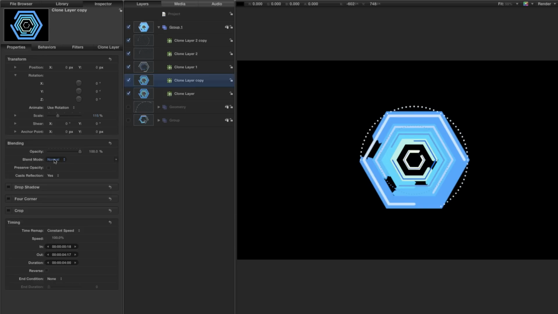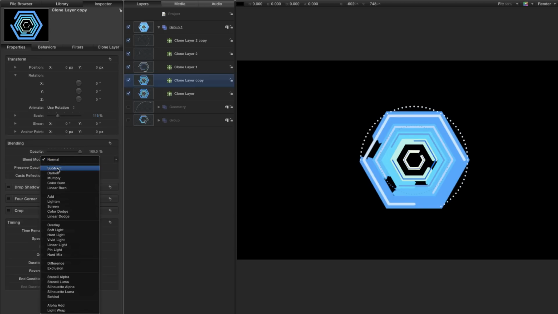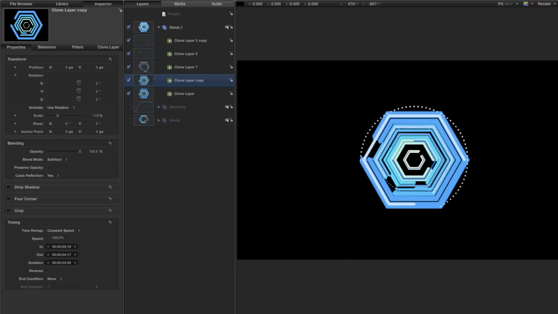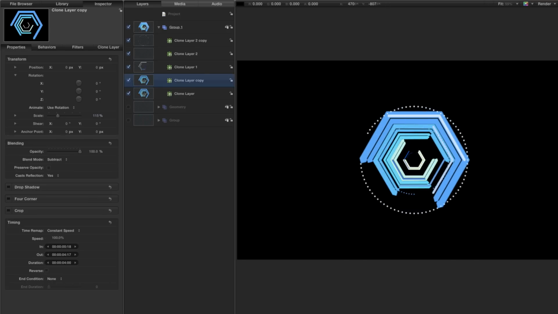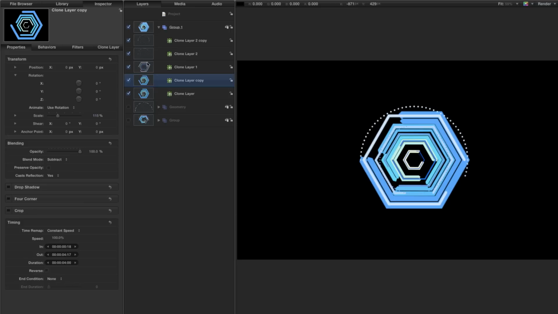Something like 115, 114, there we go. And I'm going to experiment with its blend mode. So I'm going to have a look at what subtract gives me. And that's kind of already quite interesting. I've added a lot of extra detail using that new blend mode. And I could again flop it on Y by entering a value of 180, so we get even more interest in there. And I think I really quite like that.